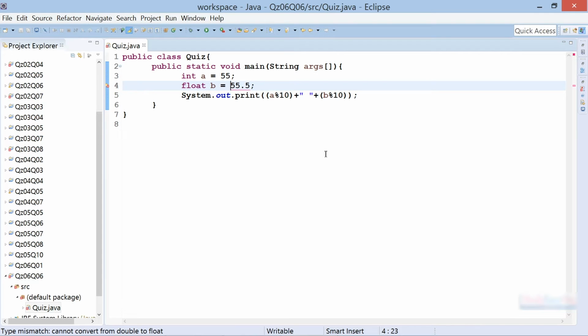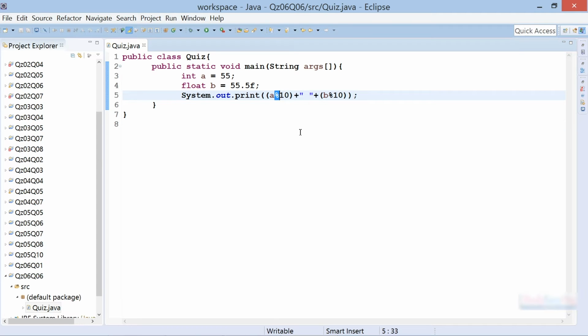The alternative way of handling this situation is typecasting the number to float. So both of the ways are good enough. Let me undo the changes. Alright, so here is our original program, and finally in the System.out.print statement we are simply making use of the